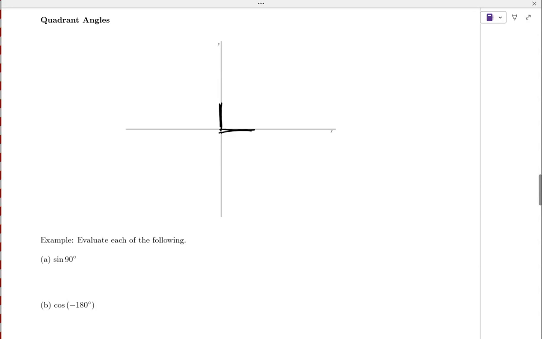Not a trick question. How big is that one? 90, right? So this quadrant angle would be 90 degrees or pi over 2. Another quadrant angle would go that way. So you go from positive x-axis to negative x-axis. How big is that angle? 180, which is just pi,